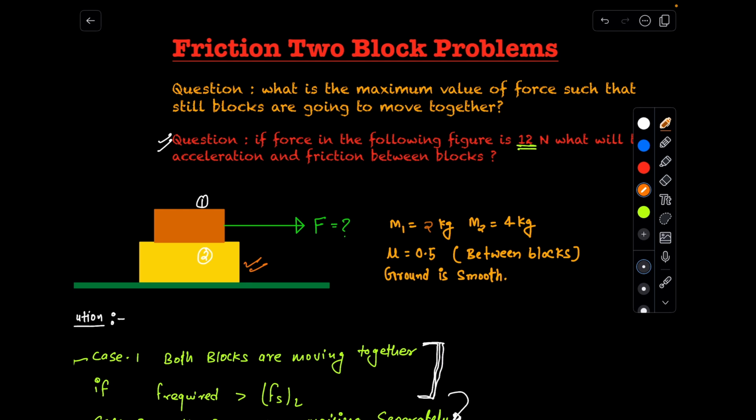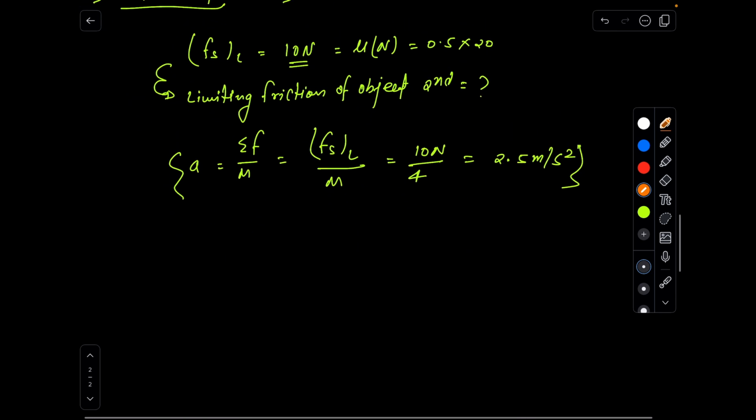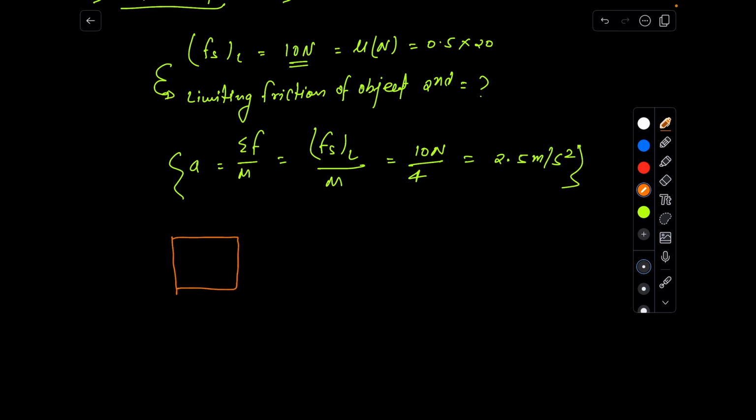But if we want to move more than that, then they will become separate and they will have individual acceleration. So let us assume they are moving together with this maximum acceleration. At that point we will have the maximum value of applied force. Still these objects are moving together, A plus B, and the acceleration is